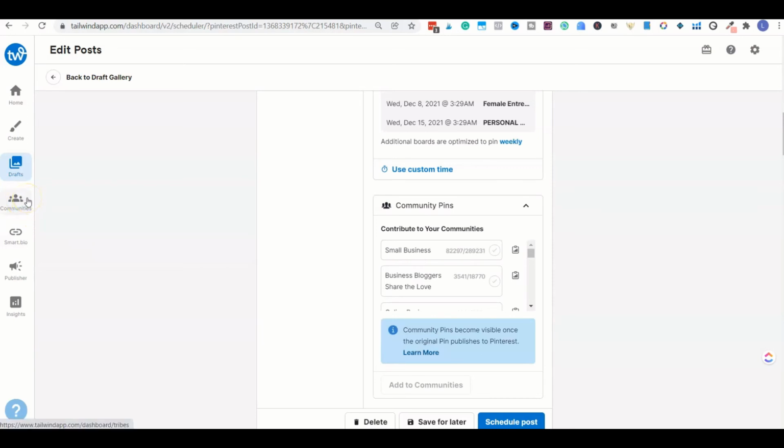It's a lot smaller, a lot more engaged if you're in the right groups, and also the community leaders monitor the groups a lot more, and they will throw people out who are trying to spam or do anything like that. So you don't get spam content, you get high quality content that you can use to repin